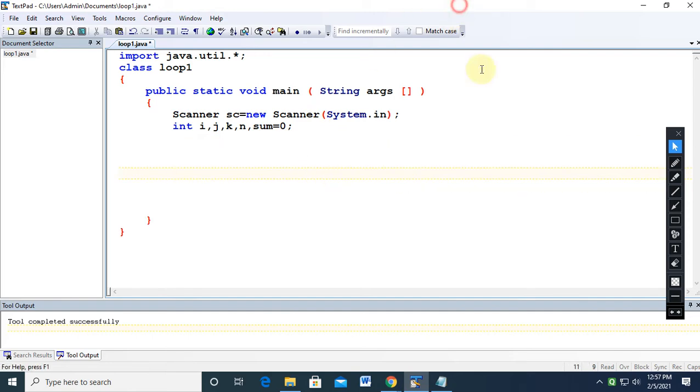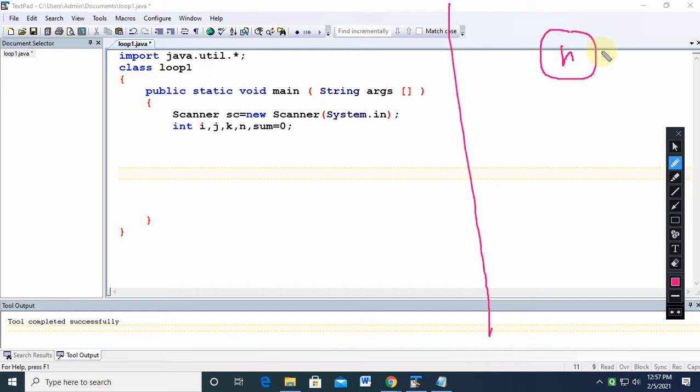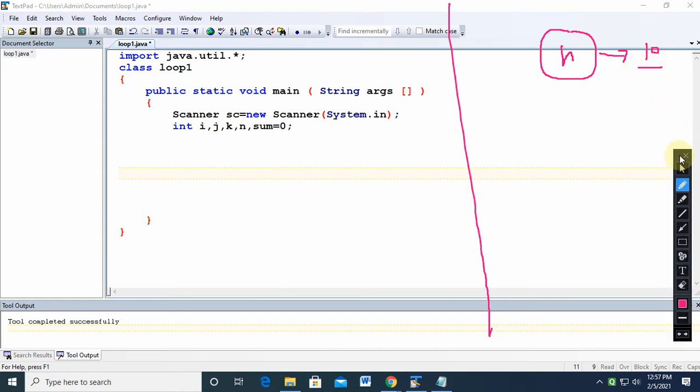So let me explain here. Suppose you have entered a number n. In mathematics, suppose the value of n is 10. So what will be the output, Yashvardhan? Sir, the factors will be 1, 2, 5 and 10. So this will be the output. How many outputs are you getting in this question? Tell me.